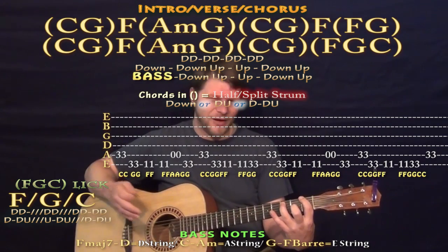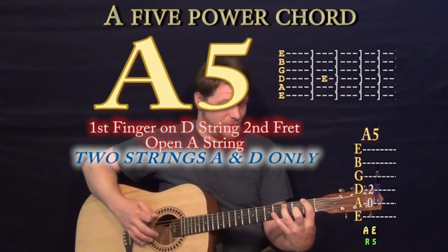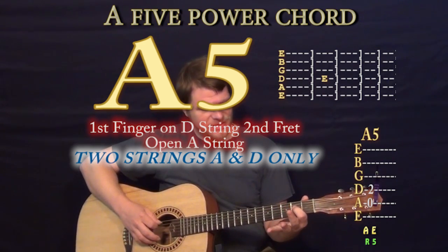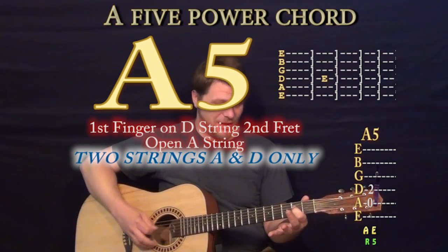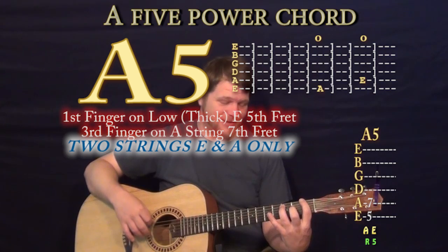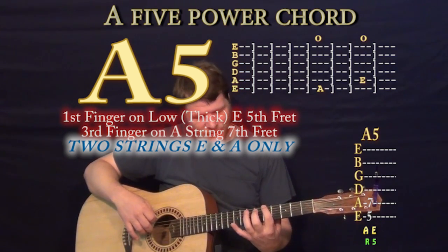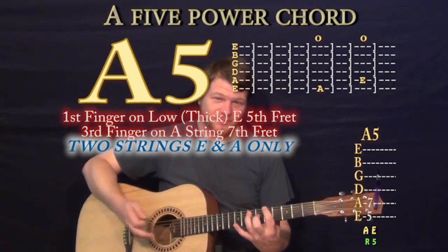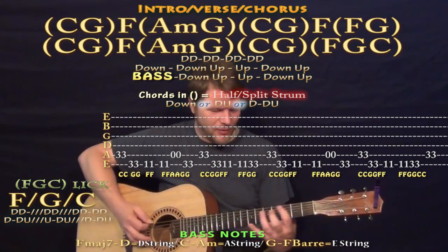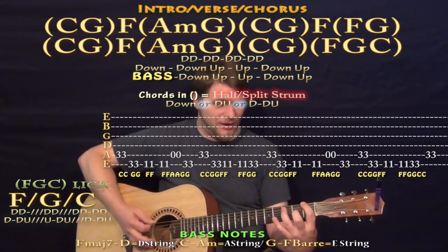And then for the open A note, you could play an A5 power chord 2 different ways. You could either jump to the A string open with the D string 2nd fret as an A5, or you may want to take that shape of the F and slide that all the way to 5th and 7th fret. So now I've got first finger on the low E 5th, third finger on the A string 7th for an A5 power chord. And you can really back up that whole lick that way, the C, G, F, F,